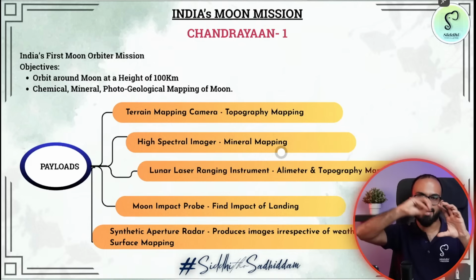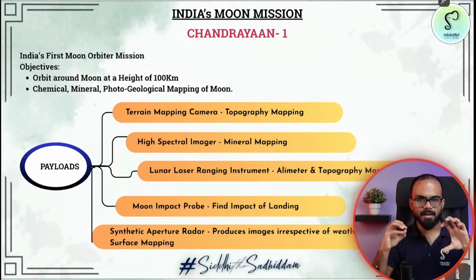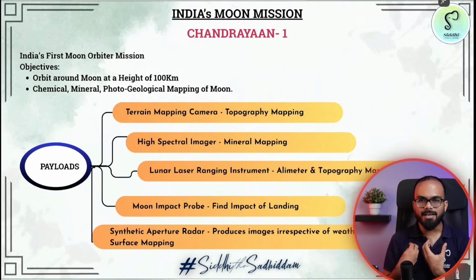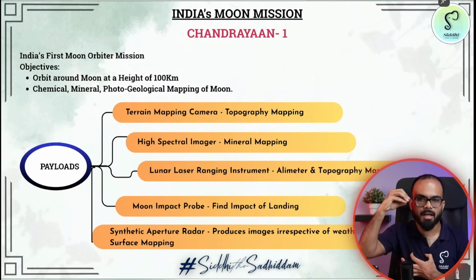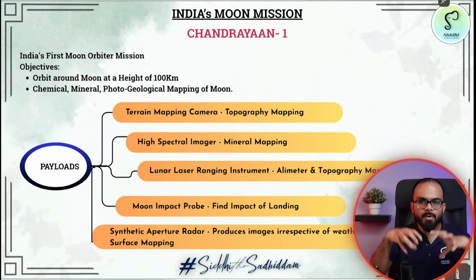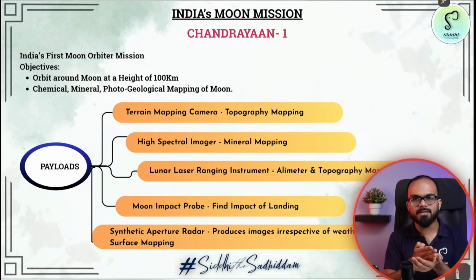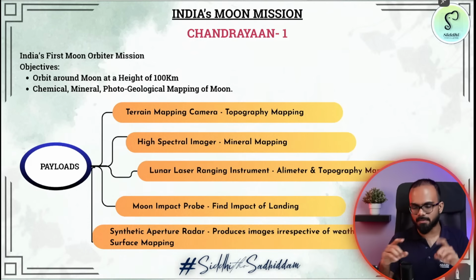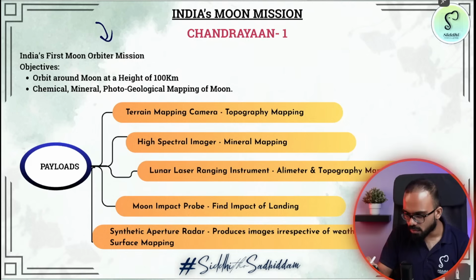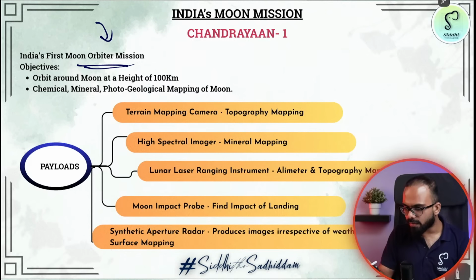See, the point is, to directly land, you need a lot of data, you need a lot of understanding. Unless we send our own satellite, nobody is going to give us the data. Nobody is going to help you with the technologies that are needed to do projects of this kind. That is one of the reasons why India's space program took a lot of time to take off. So the first mission of India around the moon is the moon orbiter mission. We orbited around the moon at around 100 kilometers.